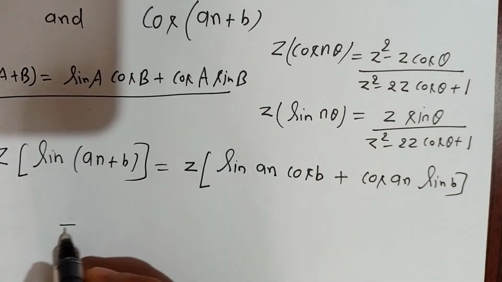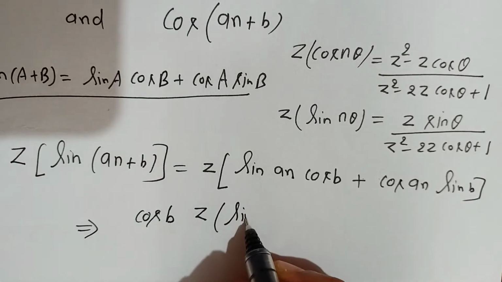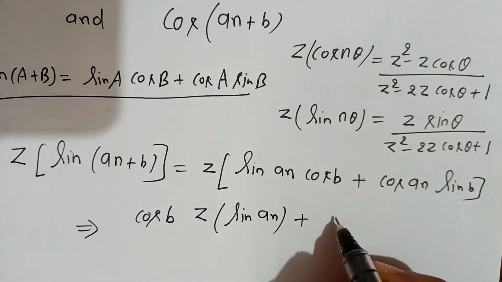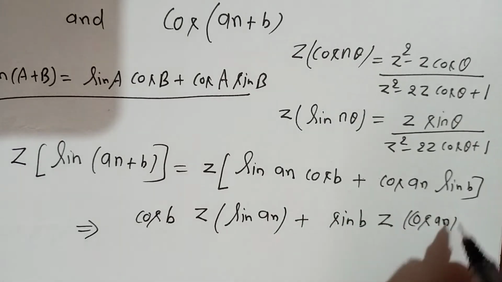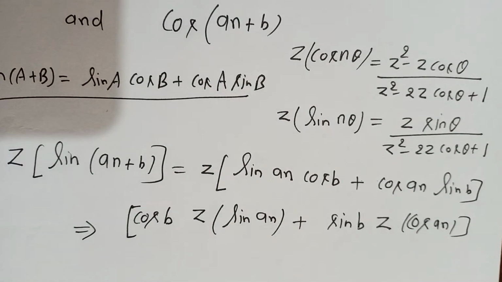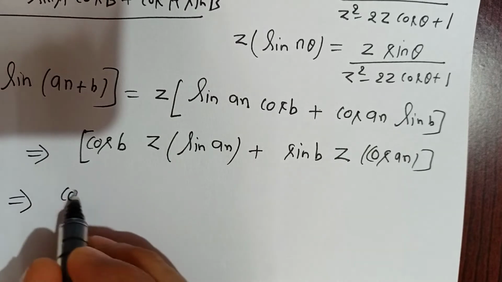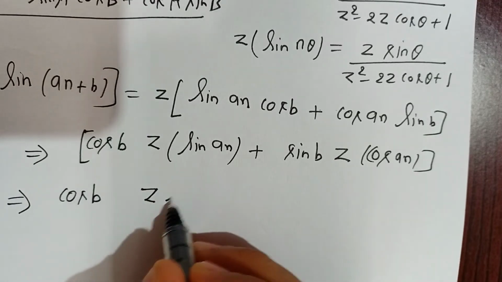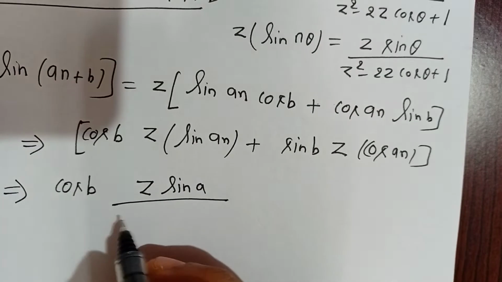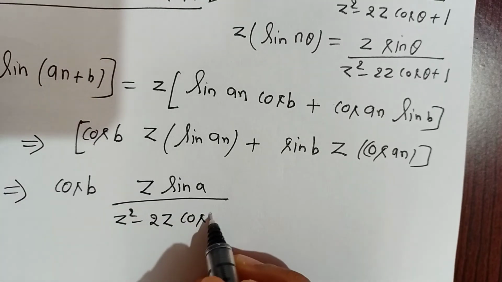Fine. So cos b and Z transform of sin an plus sin b and Z transform of cos an. So this Z transform satisfies the linear property. So we are using the linear property and writing this. So now we can have cos b and Z transform of sin an means z sin a divided by (z² − 2z cos a + 1)